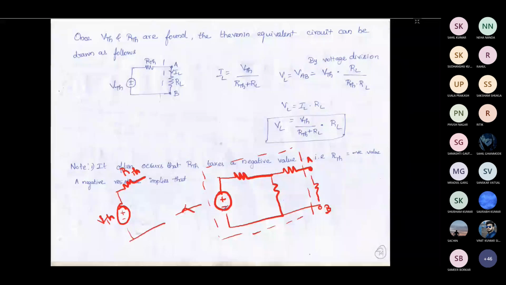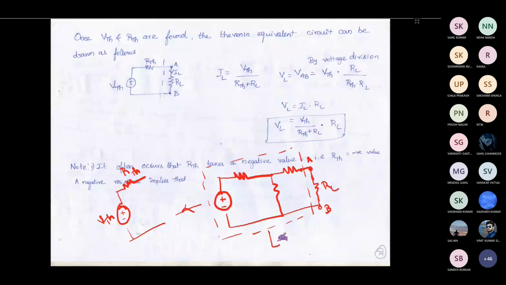How to find VThevenin? VThevenin is the voltage appearing across these terminals after you remove the load. So what I'm saying is you should remove the load first for step one, and you should find the voltage across the terminals A and B. That is called VThevenin. Okay, let me draw it separately so that you can understand. So this is the actual circuit. This is the RL. The remaining circuit is constant. You have to convert that to a Thevenin equivalent circuit.